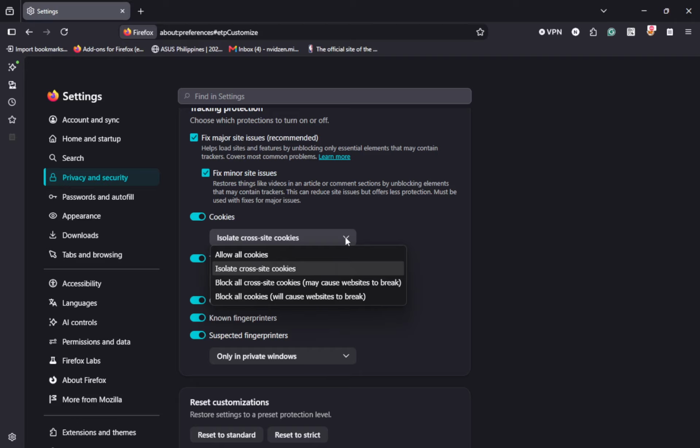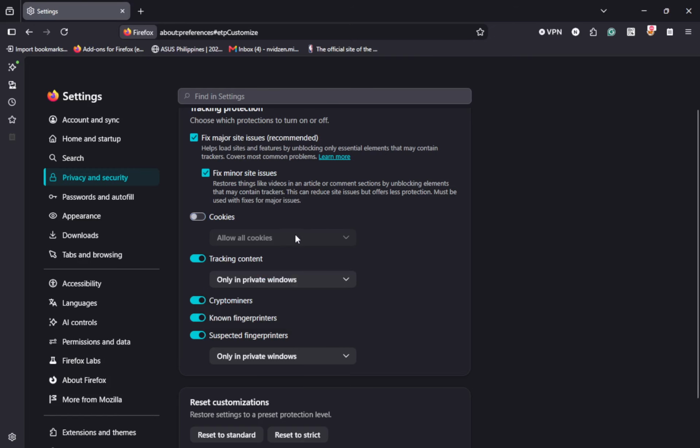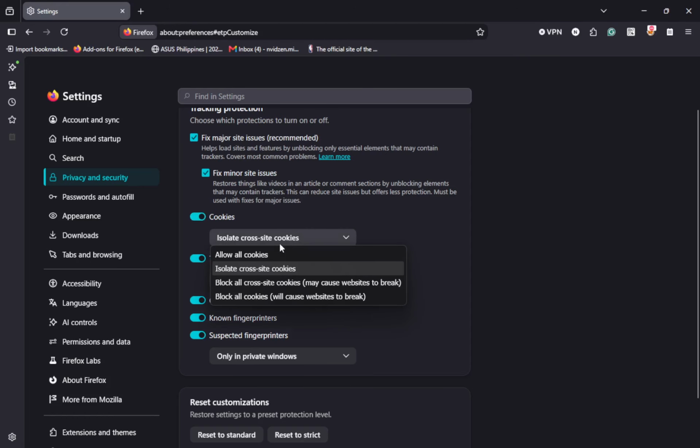With that ready, look for the drop-down menu next to Cookies and click it to see your choices. This drop-down lets you decide exactly which kinds of cookies Firefox blocks. If it does not open on the first click, click once more on the small arrow until the list appears. From the list of options, choose the one that blocks all cookies if you want to block everything. When you pick that option, Firefox will start blocking cookies from all websites you visit.